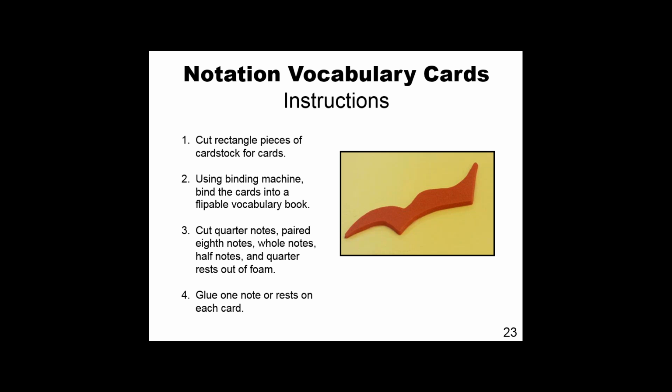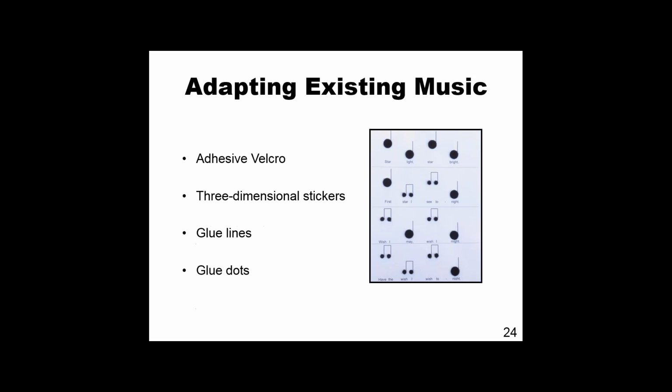So we talked about a notation example, we talked about rhythm examples that are tactile, and we talked about ways to make pitch more tactile. Well, maybe you have some listening maps or other traditional notation already that you love using. There are some ways that you can adapt your current materials. So here is Starlight Starbright, and this was just actually the regular quarter notes and paired eighth note version.